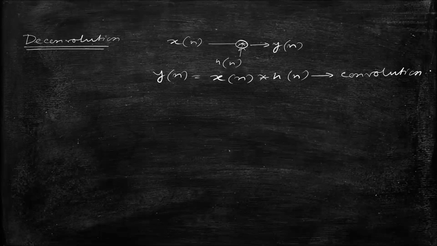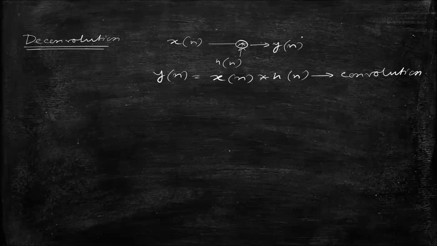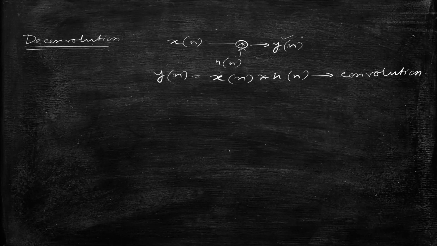Whenever I am giving some input, first of all you are the transmitter. Whenever you are going to transmit x of n and your expected destination is y of n, then you have to calculate what will be the y of n after receiving the signal. That is the convolution part, and deconvolution is the reverse process of that. At the receiver end you are getting the output, and now you have to find out what should be the input for that corresponding output. That process is known as deconvolution.